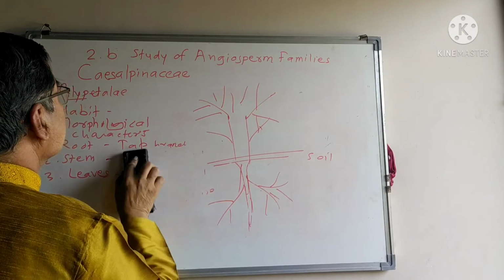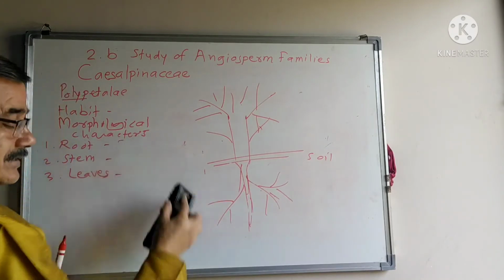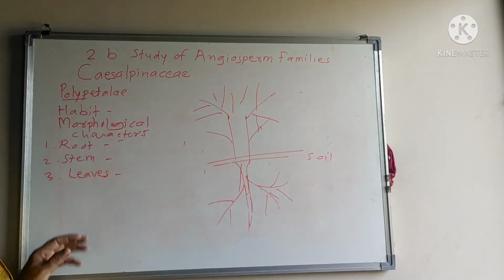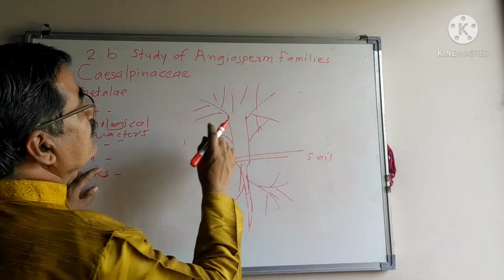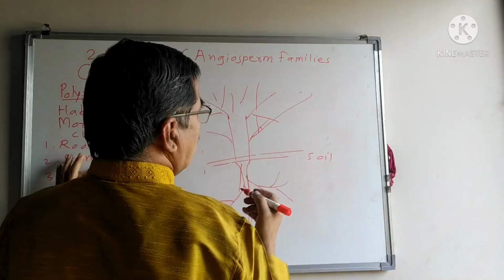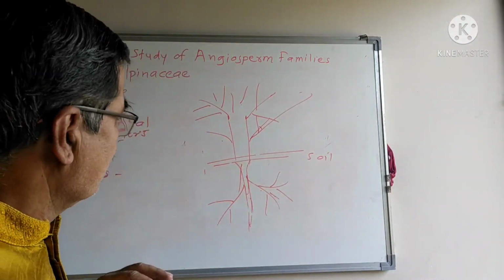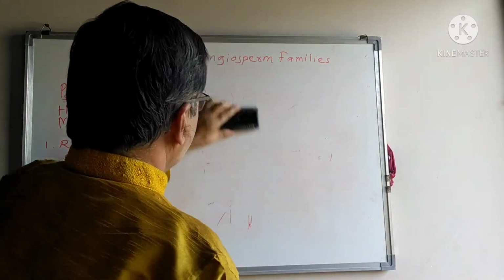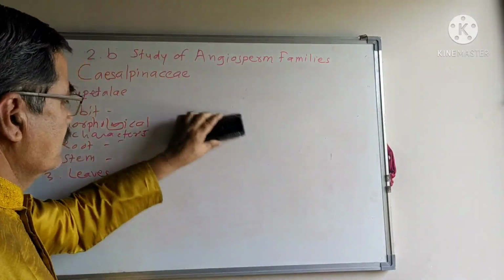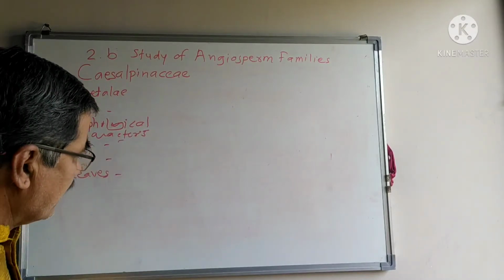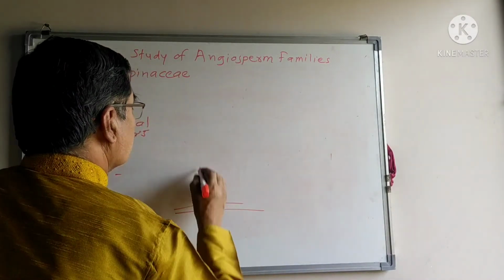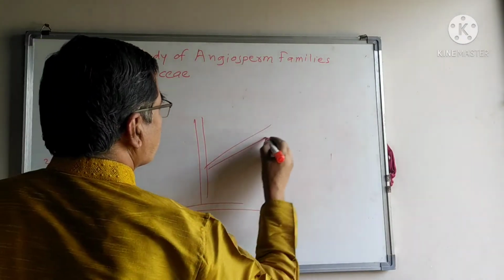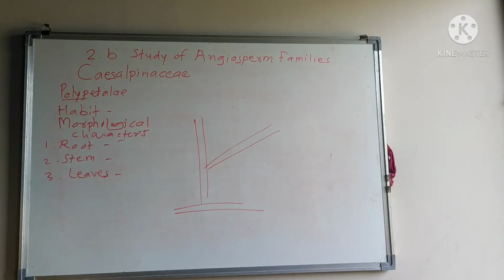The next character that we are going to see is the leaves. Leaves on the stems. I am going to explain the leaves here in detail. It is somewhat difficult to understand these leaves. The plant gives rise to a branch, and it gives a sub branch. Now the sub branch I am going to describe.